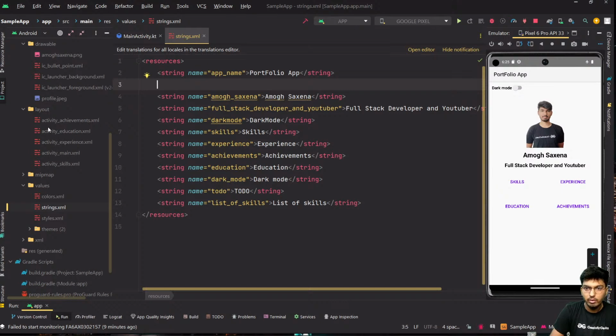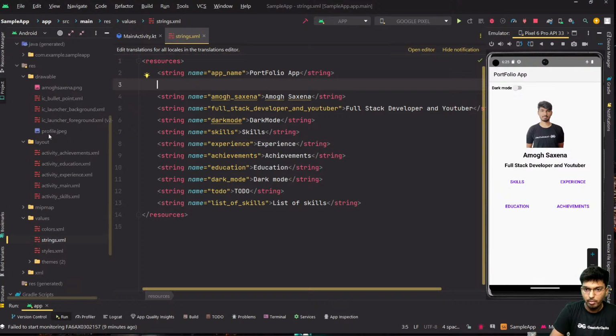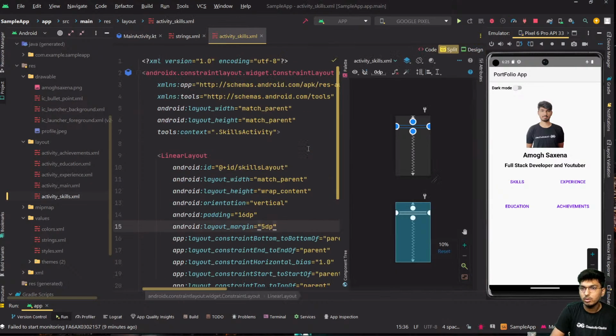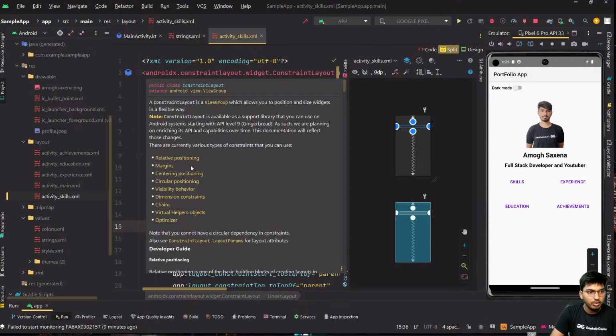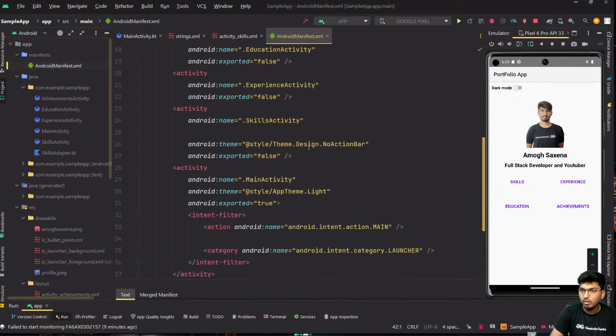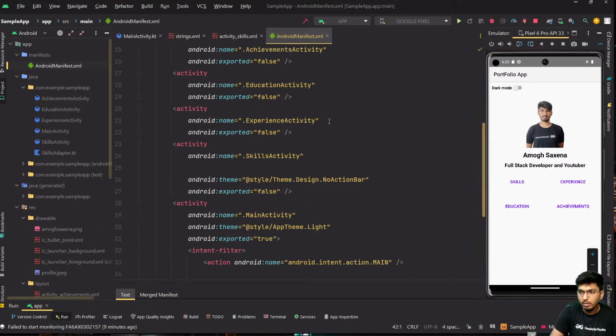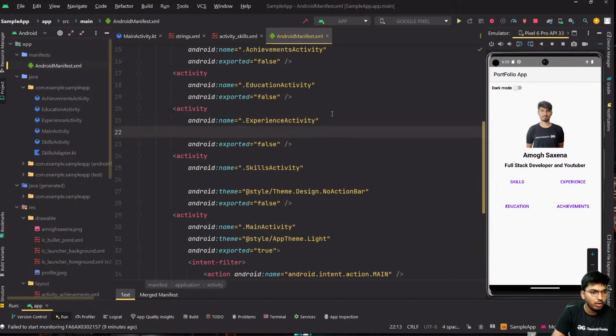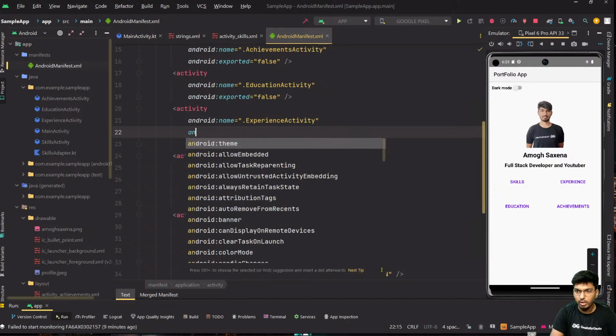Inside the activity, we have this activity skills. Let's go to the activity skills over here. Inside this activity skills, you can change the name as well. Here you can see we have the skills activity, and the theme we have is no action bar, Theme.Design.NoActionBar, but I'm not going to keep that. What I'm going to write over there is firstly